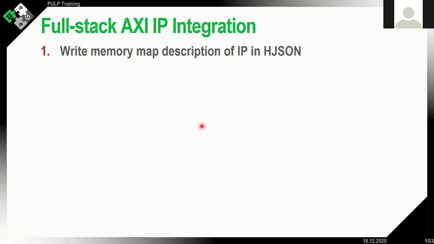If you remember from the topics we discussed yesterday, Robert showed you this tool from the lowRISC project called RegGen, which allows you to describe register files in a very concise way using this HJSON format. The RegGen tool allows you to easily generate register files from that description, generate the hardware abstraction layer C headers for the registers that you defined, and also generate documentation. So this is what the RegGen tool will do for you, and this will also be one part of the